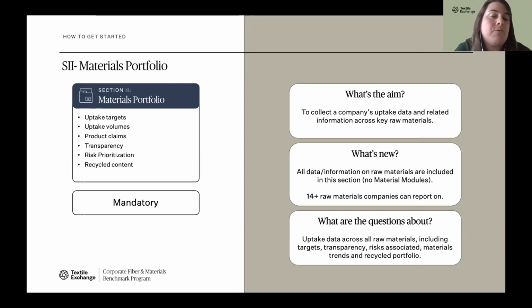So besides asking for uptake data, so the volumes, as we already mentioned, questions include asking if companies have targets to increase the use of non-conventional raw materials. What are these targets? Are they qualitative or smart targets? We are asking traceability related questions, such as the chain of custody of product claims,